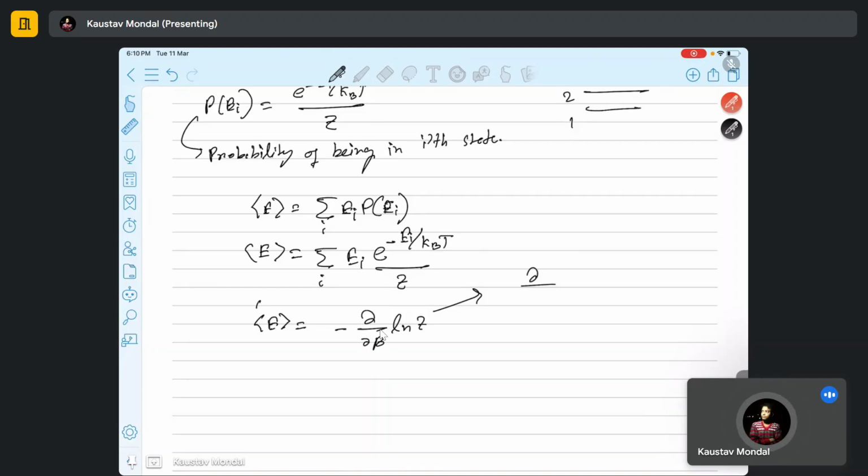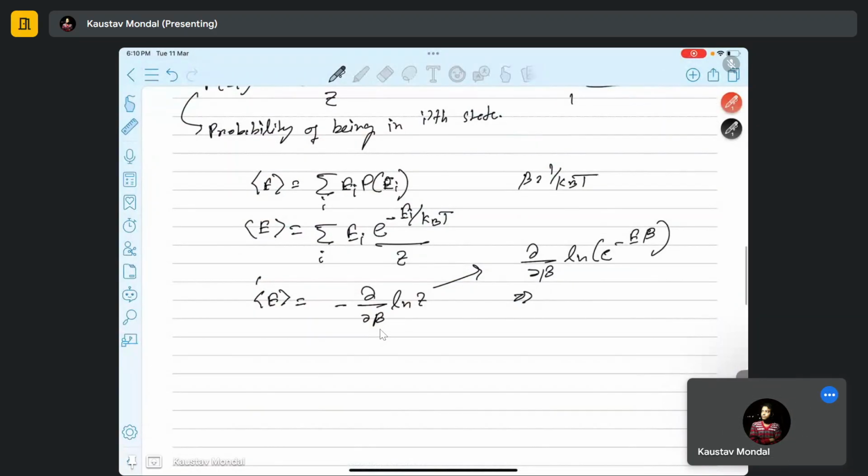So del beta of the summation over i of e to the power minus E_i beta, where beta means 1 by kBT. So ln Z means ln of the summation of e to the power minus E_i beta. If you do the derivative, then you will get